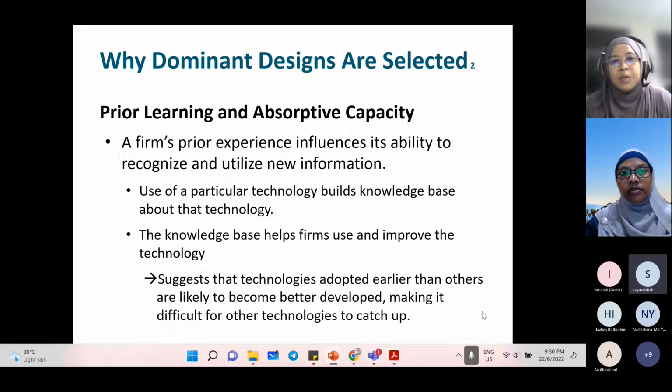Prior learning and absorptive capacity. A firm's prior experience influences its ability to recognize and utilize new information. Use a particular technology, build knowledge about the technology. So the technology base helps the firm use and improve the technology. It suggests that technologies adopted earlier than others are likely to become better developed, making it difficult for other technologies to catch up. So when we are discussing prior learning, there are some